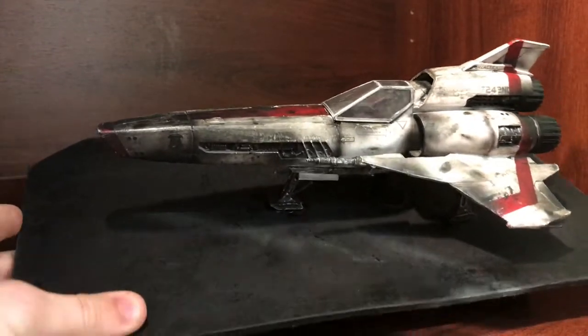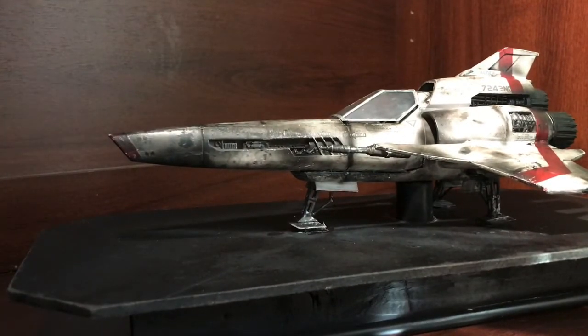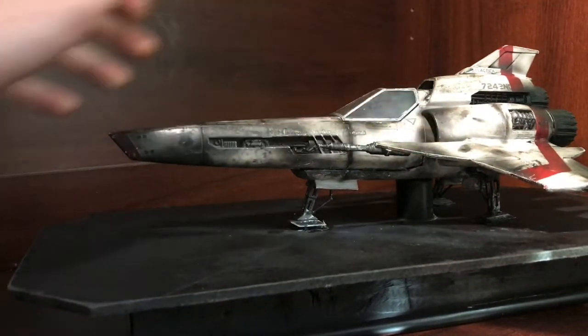Anyway, next what I did is I sealed all of that with the Krylon clear coat, which gives it a nice texture. Then what I did was